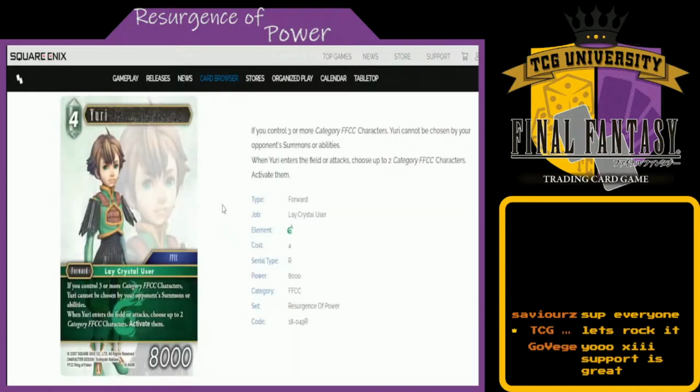Moving on, we have Yuri. If you control 3 or more category FFCC characters, Yuri cannot be chosen by your opponent's summons or abilities, and then when Yuri enters the field or attacks, choose up to 2 category FFCC characters, activate them. I almost think this is better than the one that says tap, draw a card, virtually, because it doesn't draw, you have to check, but...